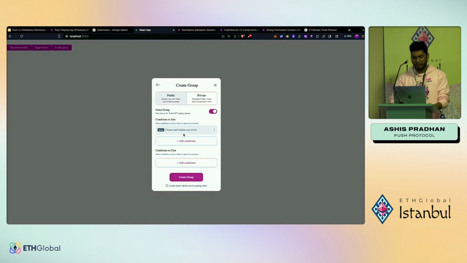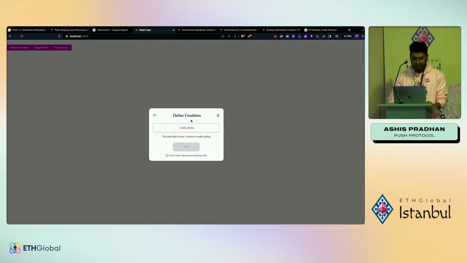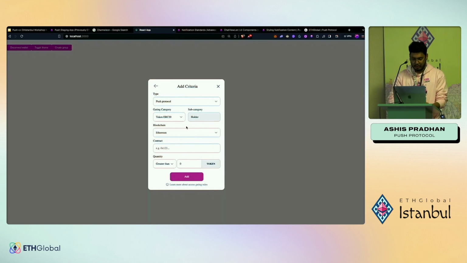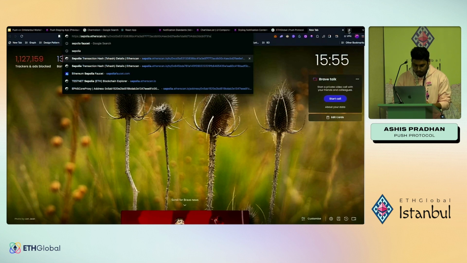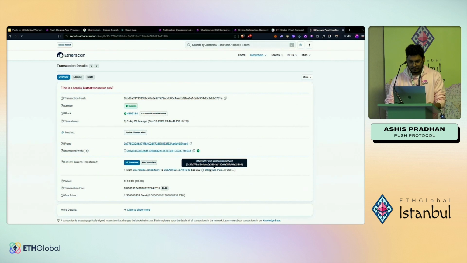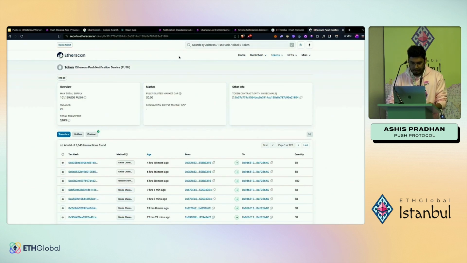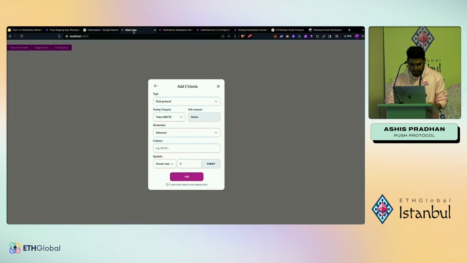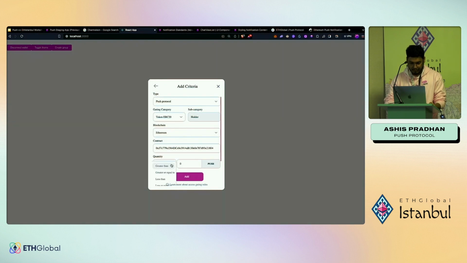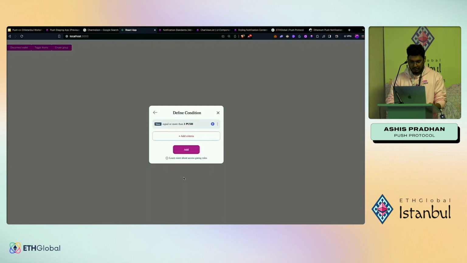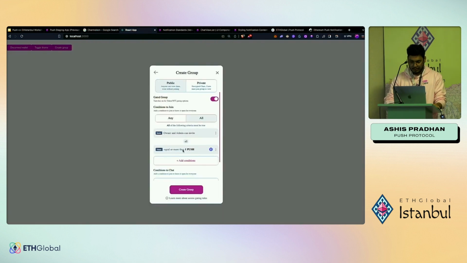And this is where the token gated conditions come into the picture. Here you can define a condition, and under that condition you can define n number of criteria that need to be fulfilled. For this case, I'll be using the push token. Let me just take this token address that we have. I'll add that, and I can add the condition whether it should be greater than, greater than or equal to, or less than. You're free to choose whatever you want. I'm just going with this, and let's click on add. So I have defined one condition that if anyone holds one push, they'll be allowed to join the group. Once I click on add and create group,